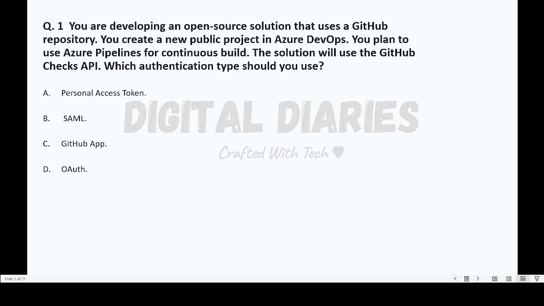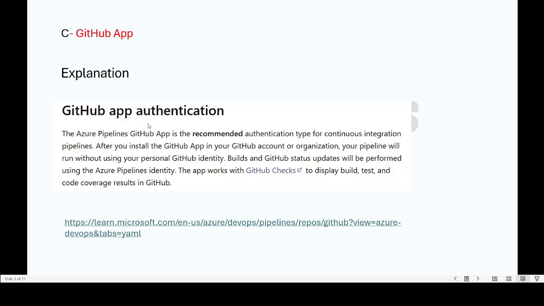So we need to take care of the ask in the question, that it is asking for GitHub Checks API. So the correct answer will be GitHub app. From the documentation, it is given that the Azure Pipelines GitHub app is the recommended authentication type for CI pipelines. And here we see that the app works with GitHub checks to display build, test, and code coverage results